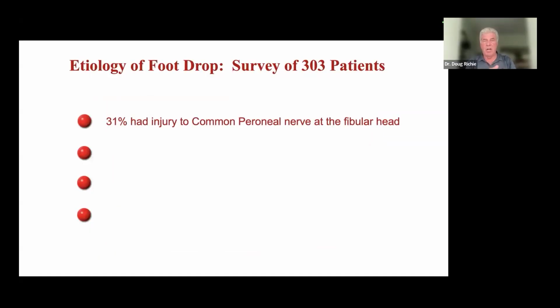But the most common cause of foot drop itself, not acute foot drop, but subclinical foot drop or chronic onset, slow insidious onset of foot drop, is injuries at the fibular head that affect the common peroneal nerve. So compared to radiculopathy, common peroneal nerve entrapment or injury is almost twice as common. Common radiculopathy and polyneuropathy, such as Charcot-Marie-Tooth, pale in comparison to injuries at the fibular head, which is interesting because these injuries are in many cases preventable,